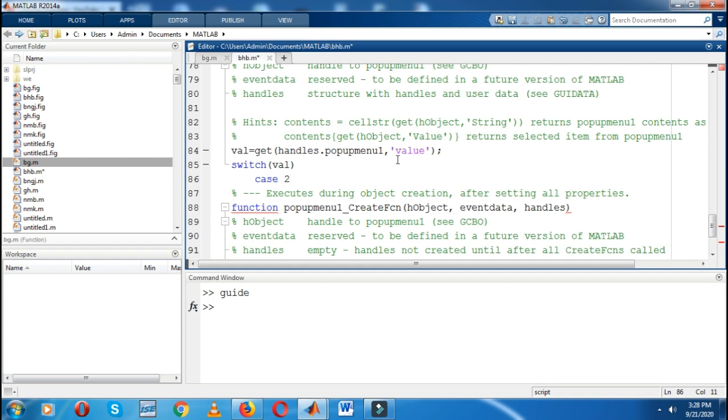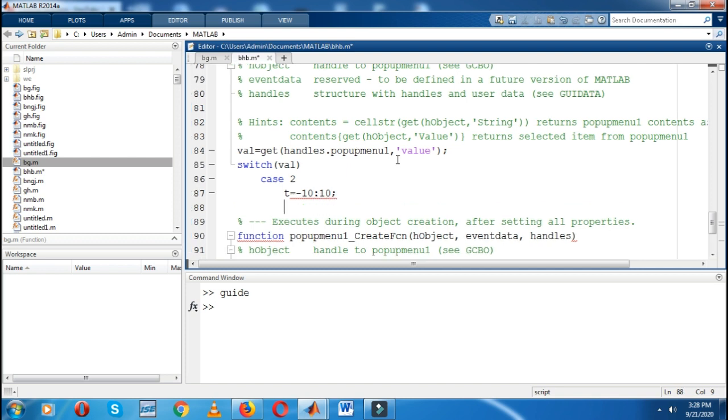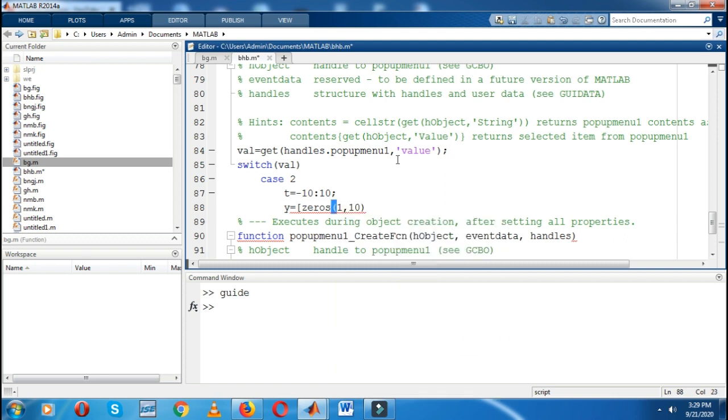So I will write a program for unit step. t is equal to, for example, -10 to 10. Then y equal to zeros(1,10) and ones(1,11).